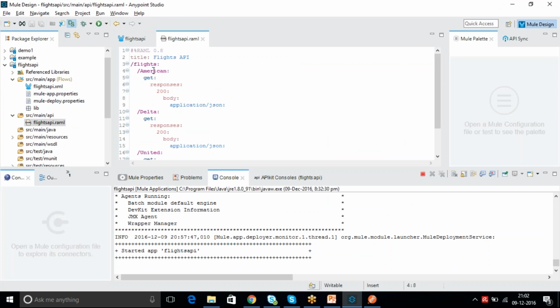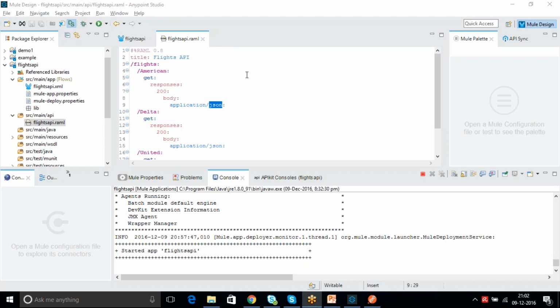Under the flights main resource we kept 3 sub resources: American, Delta and United. Under these we kept GET operations, and once you perform the GET operation you get the response back. For that we use the responses tag, with a 200 status code, then a body, and application/json. Since we have given JSON here, we are able to see everything in JSON format, right?